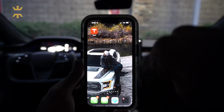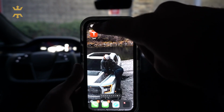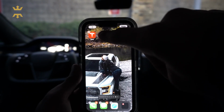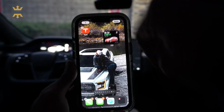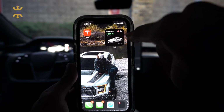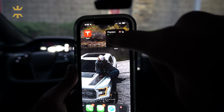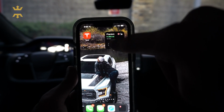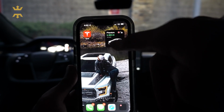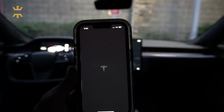Now, in terms of the Tesla apps, this is how you will prefer having a preference. But before we get started, you can actually hit the plus icon if your app supports widgets, because you can actually find the Tesla widget right here, which you can click and drag, and it actually gives you a lot of information about your vehicle. Not only does it show you that Sentry Mode is enabled, but also the range, and at times, it'll tell you the location where your vehicle is parked. So by launching the Tesla app,